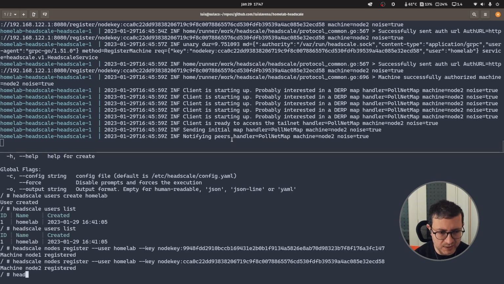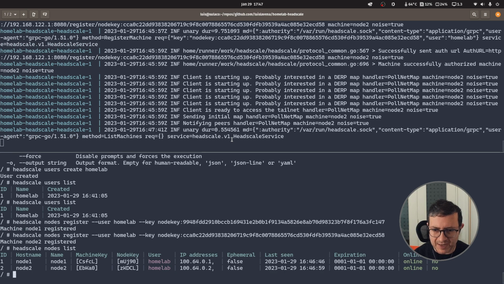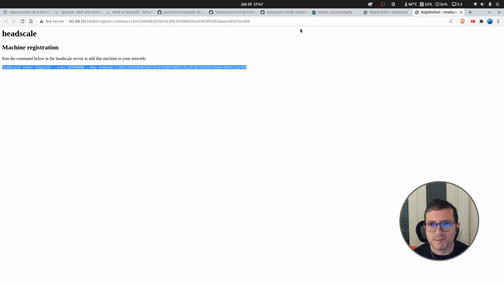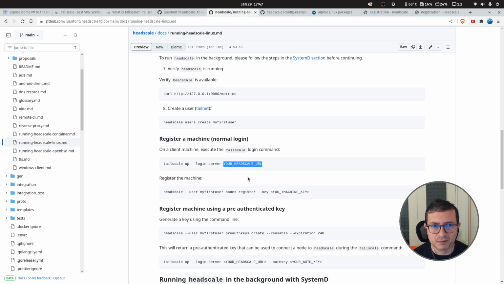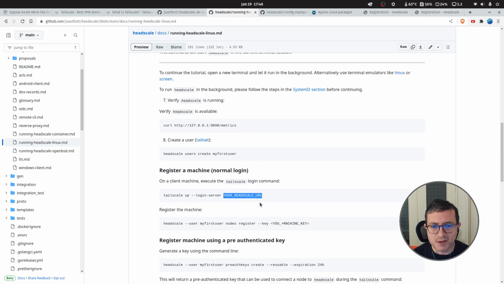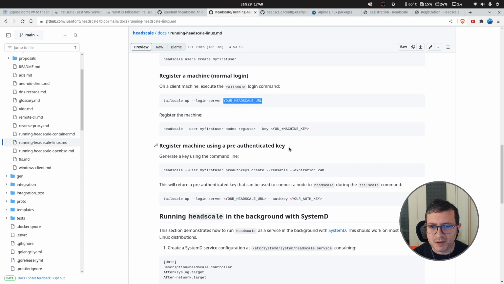And now if I go to the headscale console and do nodes list, I see both are reported online, last seen just now, the IP addresses that were given, and whether it's using expiring keys or not, because you have a strategy here on headscale and also Tailscale where you can use pre-authenticated keys. You can create those with an expiration time, and use them, say, for automation or provisioning of machines in a more automated way. You just pass the authentication key,